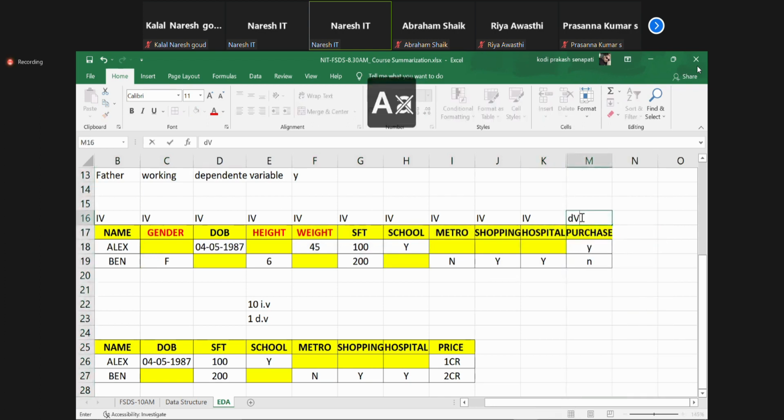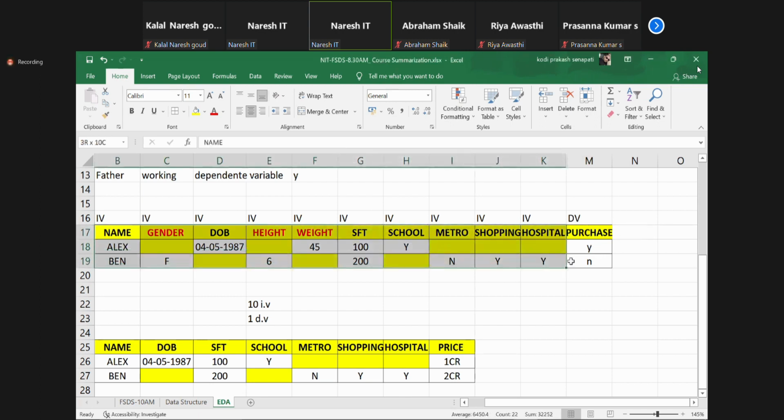Can you tell me, is this regression or classification now? Classification, do you understand? Because the customer purchase is binary in nature, yes or no, win or no, hot or cold. So in this data set, which algorithms will we implement, guys? Classification algorithms. If you have the price of the house, it is the regression part.